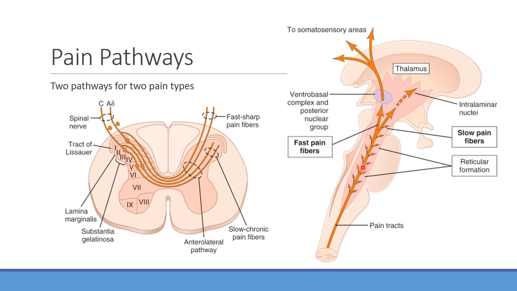Basically, the fast pain fibers, because you want to be able to detect those very, very quickly, actually kind of bypass the thalamus a little bit and go directly to the somatosensory cortex, versus the slower pain fibers, which are going to be here in the thalamus. It might take a little bit more time to pick up on that pain, but it tends to identify more with organ pain or deep tissue pain.